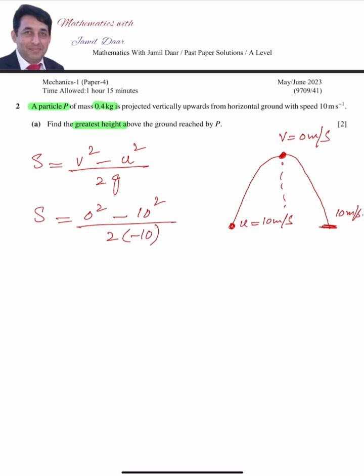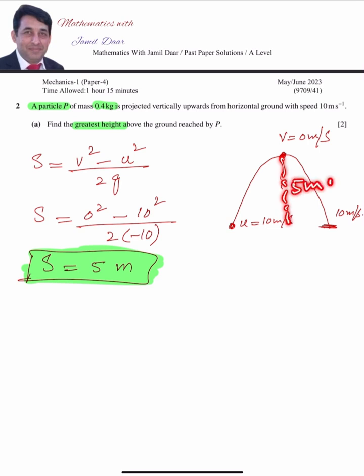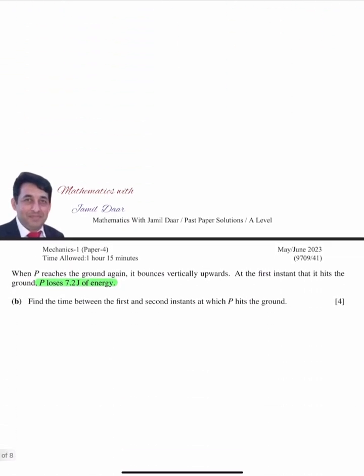This will become minus 100 over minus 20. That's 5 20s are 100. So 5 meters. So it will attain the greatest height of 5 meters. So that means this distance is 5 meters. Okay. So the next part is